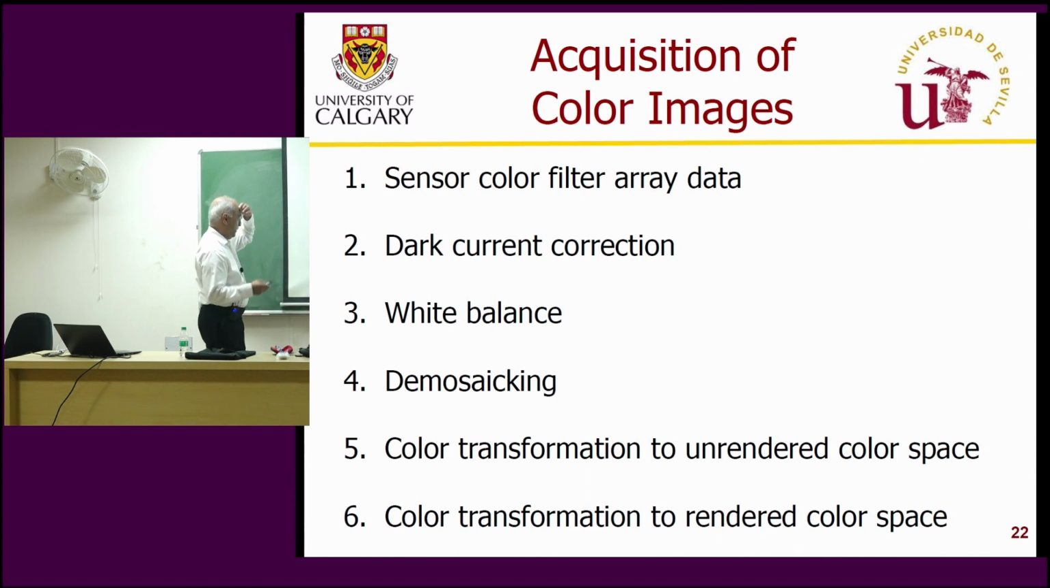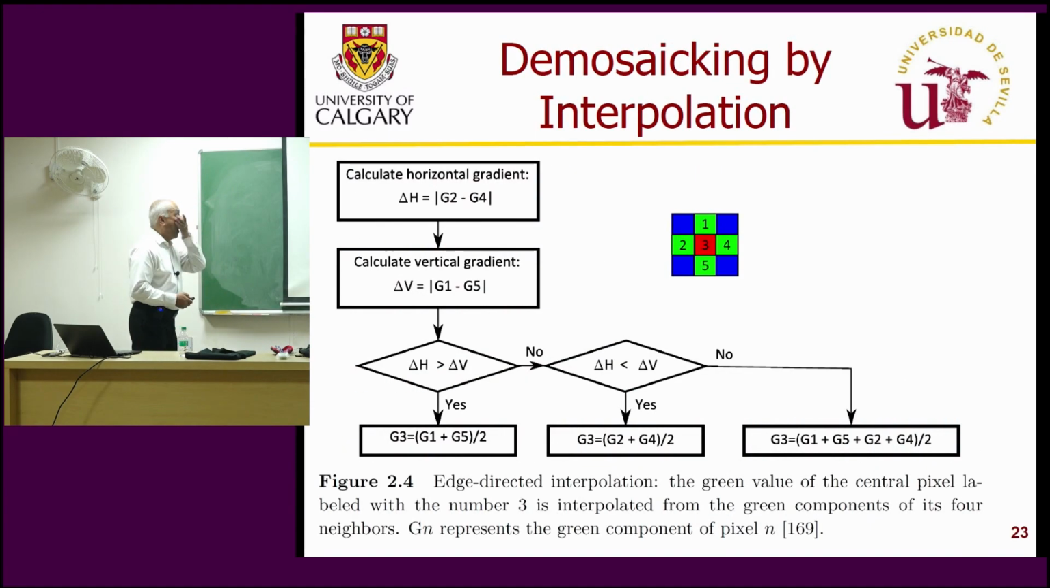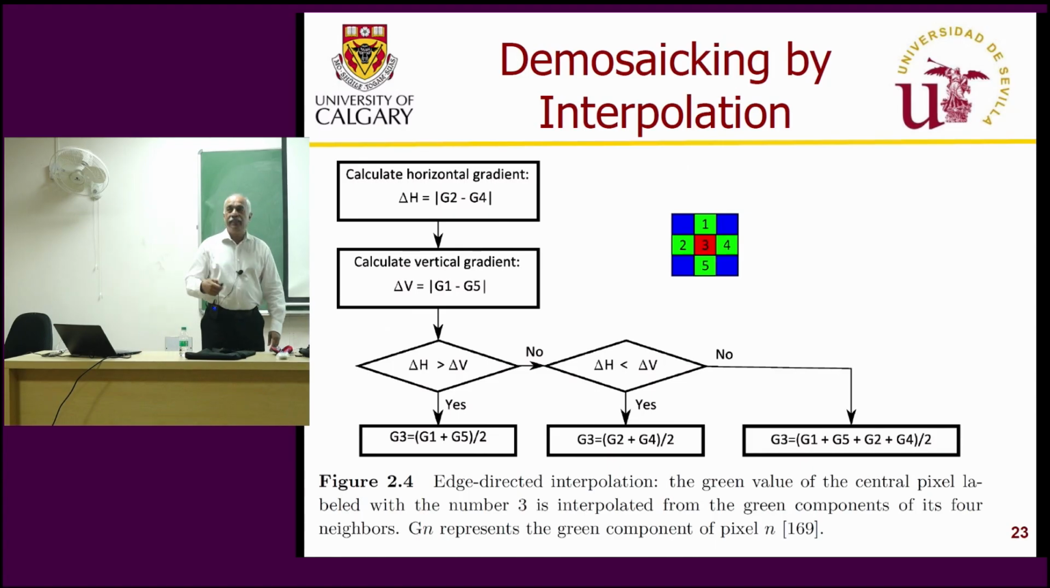Demosaicing, I'll show you that. The mosaic of the color filter array. Color transformation to unrendered color space and color transformation to rendered color space. So demosaicing is interpolation to get the other color components from a single pixel of the received array, which will